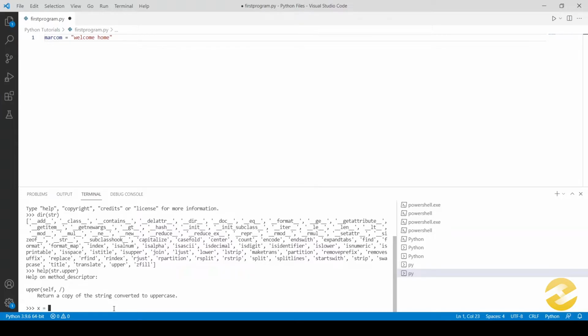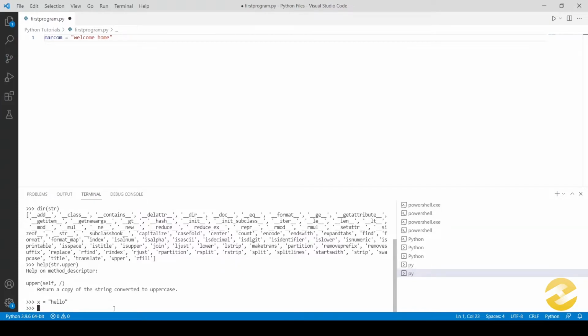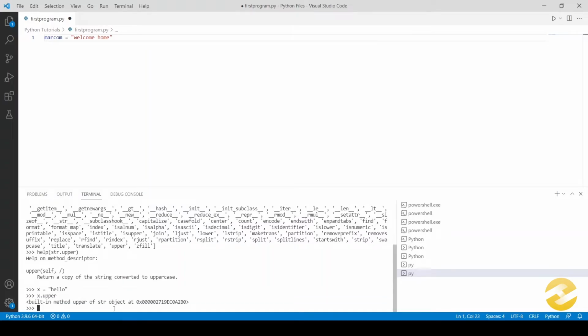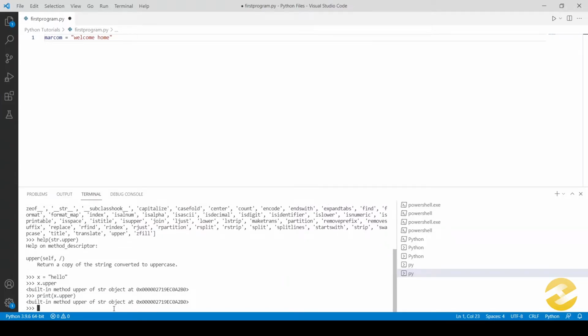x is equal to hello, and if I do something like x dot upper, oh, I need to do print x dot upper. Something is wrong. Let me just check it.